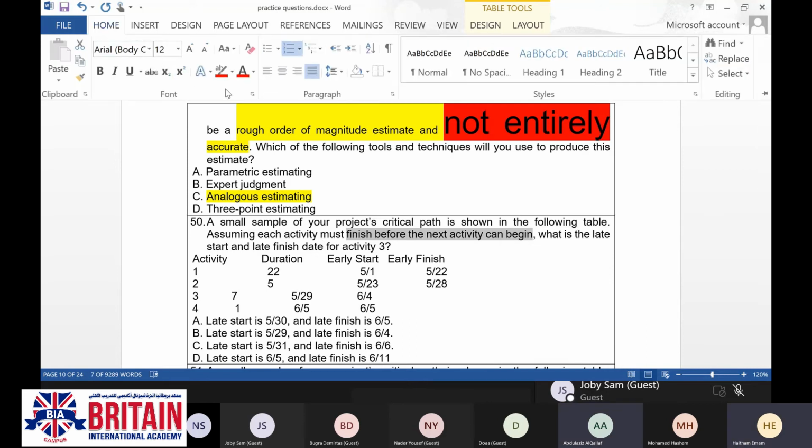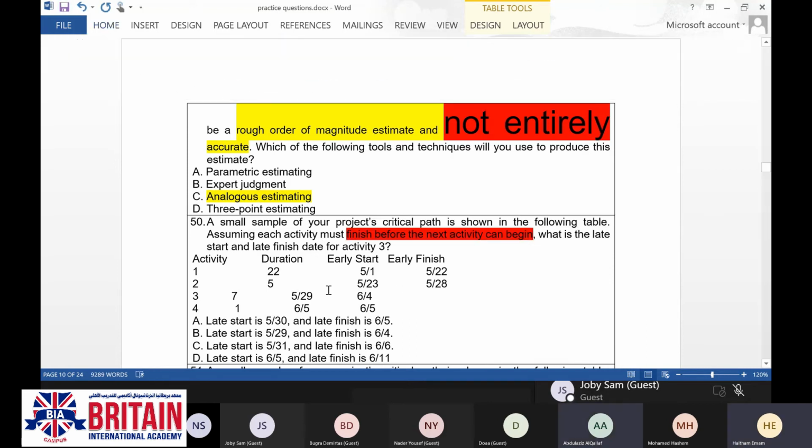What is the late start and late finish date of activity 3? So there is a table. The table mentions activities 1, 2, 3, 4, and duration, early start, early finish.